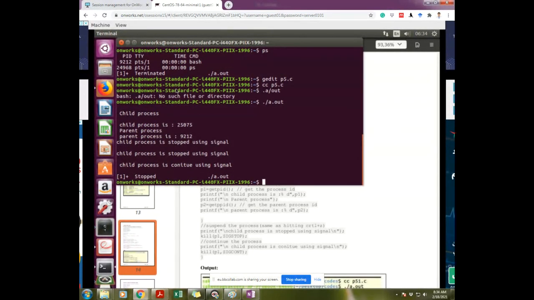Now see, this is first the child, then you stop the child. Okay, this is the same program written. Now I want to change it so that at the end the parent process stops, like this. So how will I change? Yes, this is 5.1.